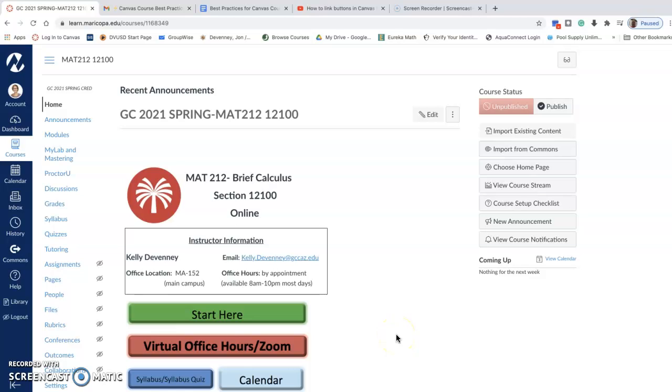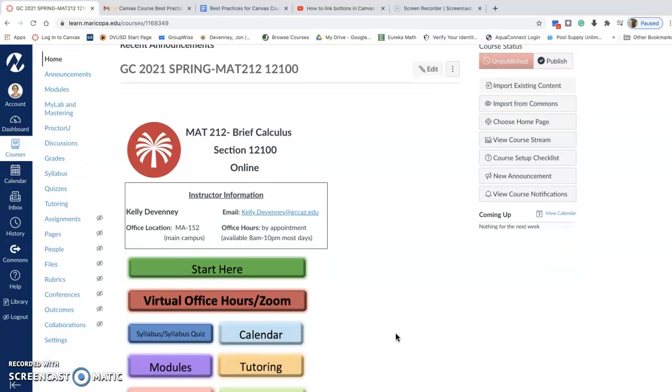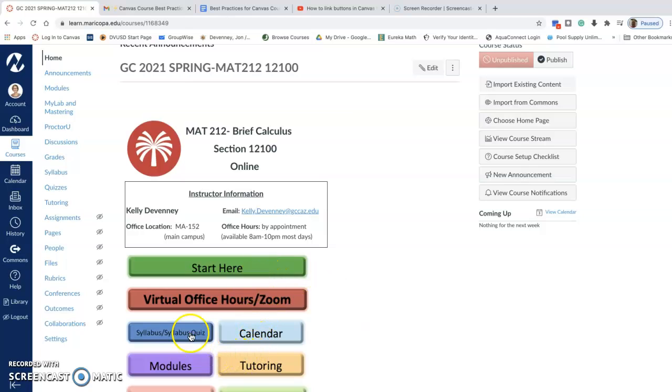Hey everyone, you might have noticed as you've logged into your new Canvas classes that they might look a little bit different because of the new update. So if you're wanting to relink some of your buttons on your Canvas homepage, it might look a little bit different than last semester. So let's say I wanted to change this office hours Zoom link to my new Zoom